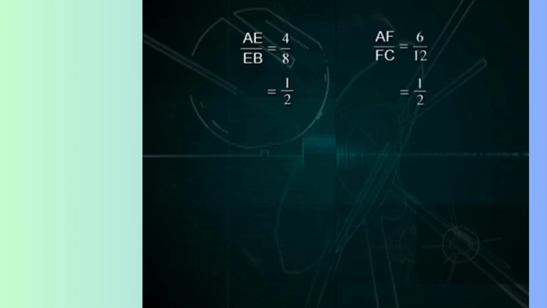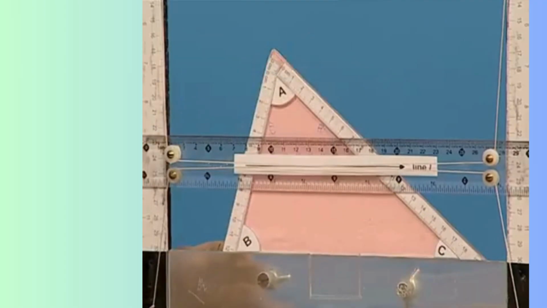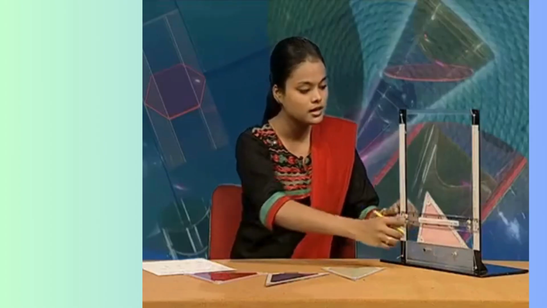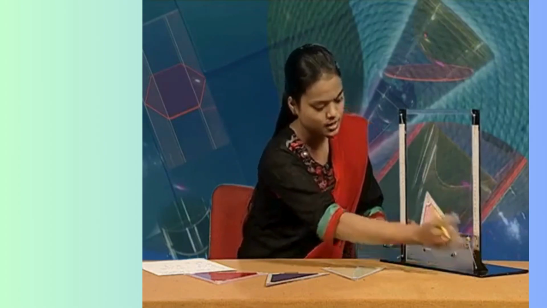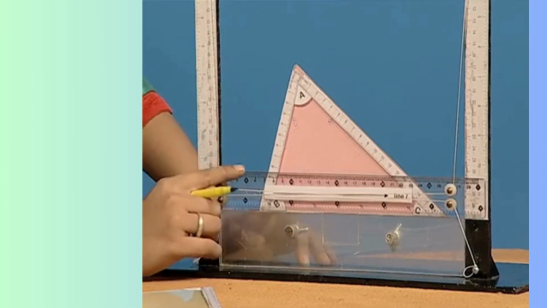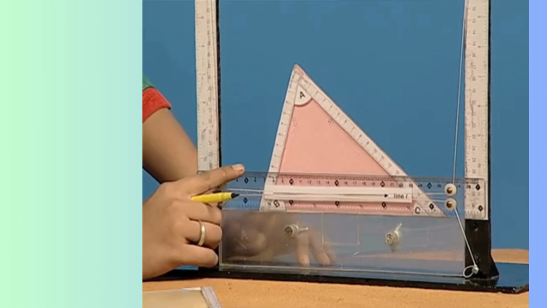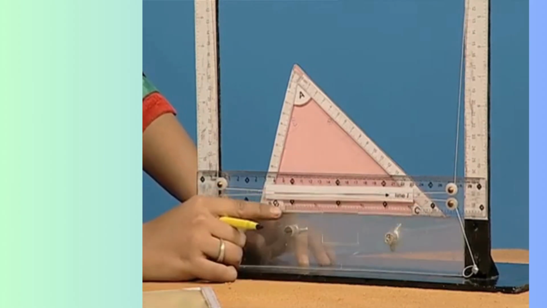This shows that AE by EB is equal to AF by FC, which shows that the other two sides are divided in the same ratio. Now, let us take some other position, say suppose here. Now, this again you can see that this scale is representing the line L parallel to BC